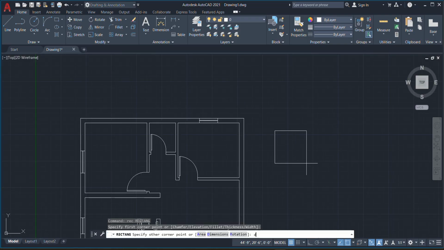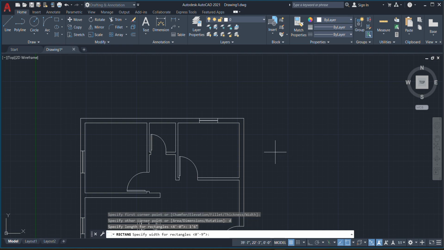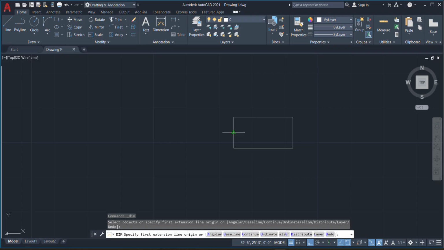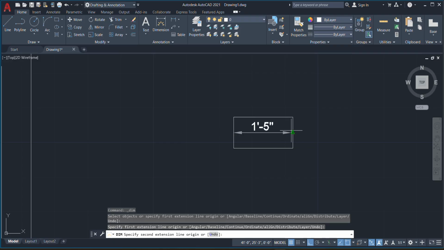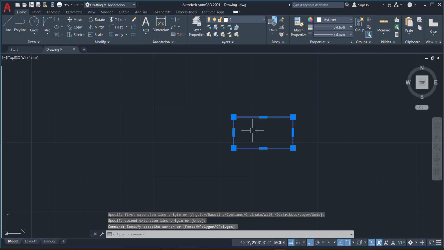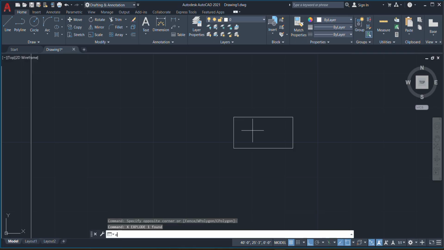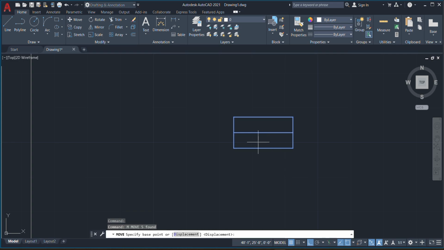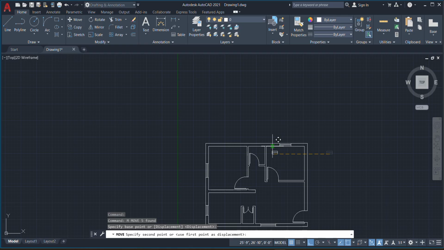So for ventilator I'm drawing a rectangle. Firstly, I'm giving 6 feet. Sorry. Here I am drawing 1 feet 6 inches. I just want to measure it from here to here. Yes, exactly. Again, I'm going with explode, offset of 4.5 inches because this is our ventilator symbol. I'm going with a group. Now I want to place it at my